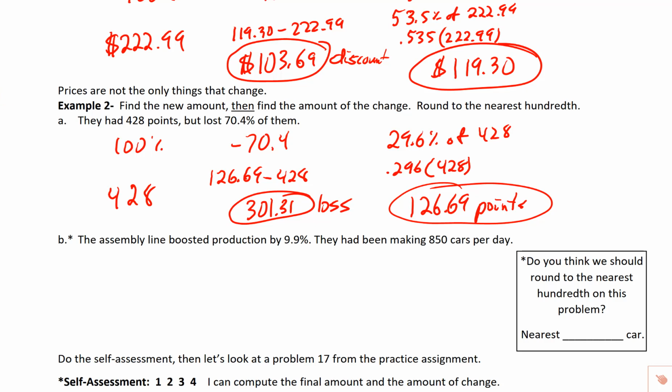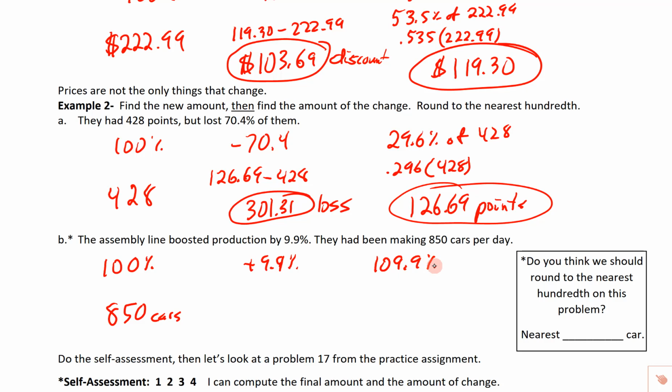So we'll take a look at this last one. You'll notice that example B has an asterisk by it. It says the assembly line boosted production by 9.9%, and they had been making 850 cars. So doesn't seem too bad. Let's see if we can figure out why there'd be an asterisk by this. So again, we normally produce 100%, which is 850 cars. I'll go ahead and label that right here. Now, they boosted production by 9.9%, so we're going to add 9.9%. So we end up making